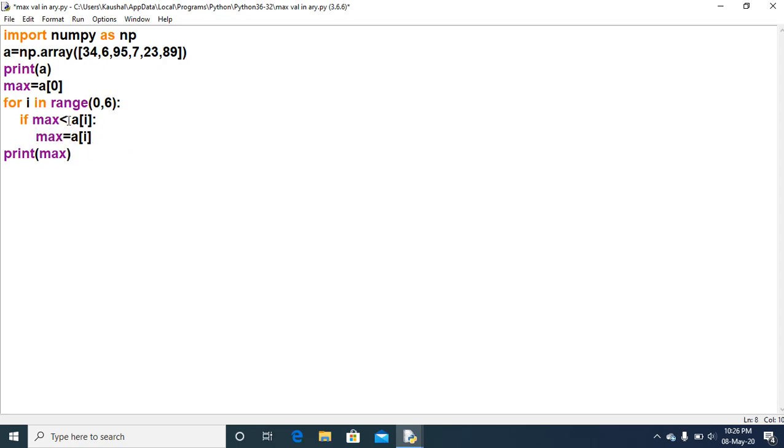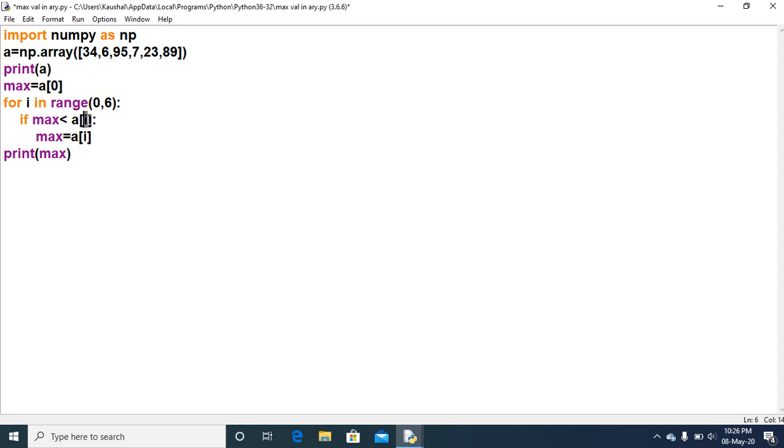But 34 is not less than 34, so the value of max will remain as it is, because the condition is not fulfilled.